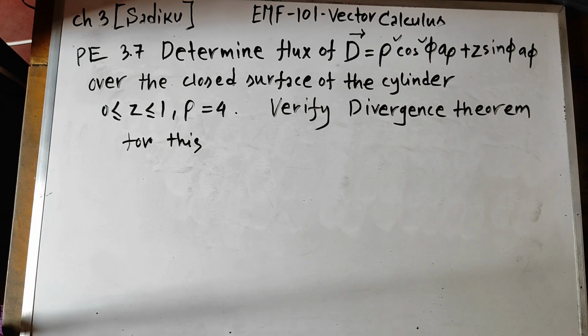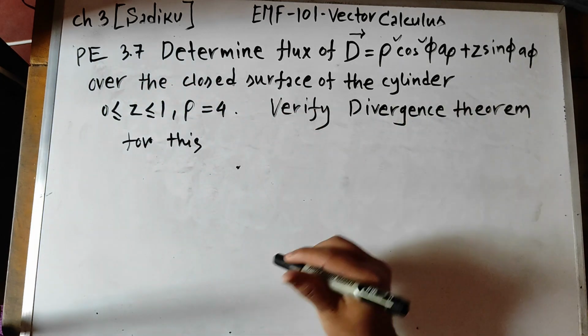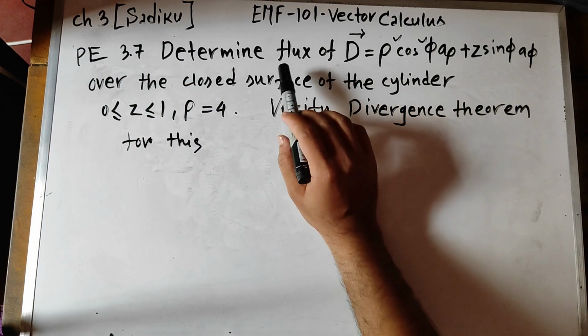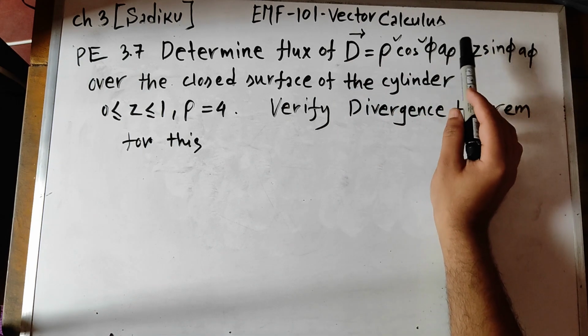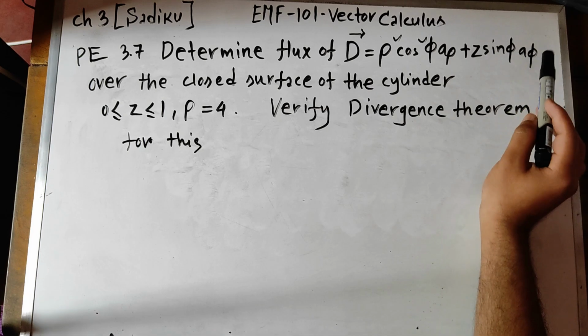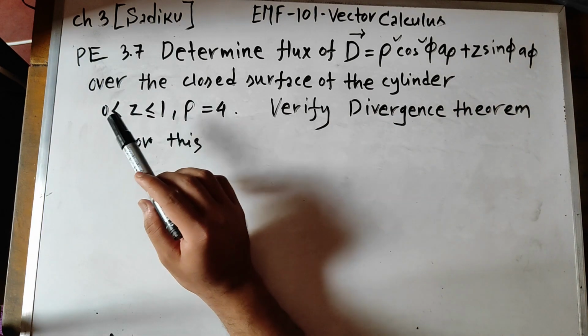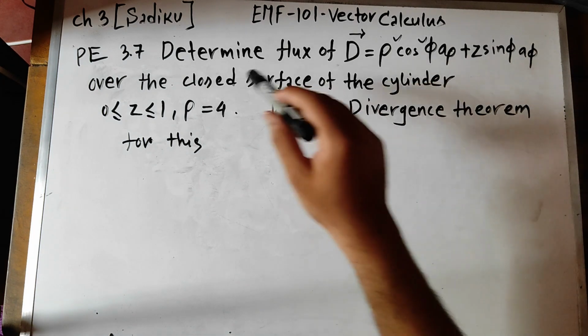In this video I'm gonna take another practice exercise problem from chapter 3, practice exercise problem 3.7. So the problem is we have to determine the flux of a vector field rho square cos square phi a rho plus z sin phi a phi, which is in the cylindrical coordinate system. So we have to determine the flux of this vector field